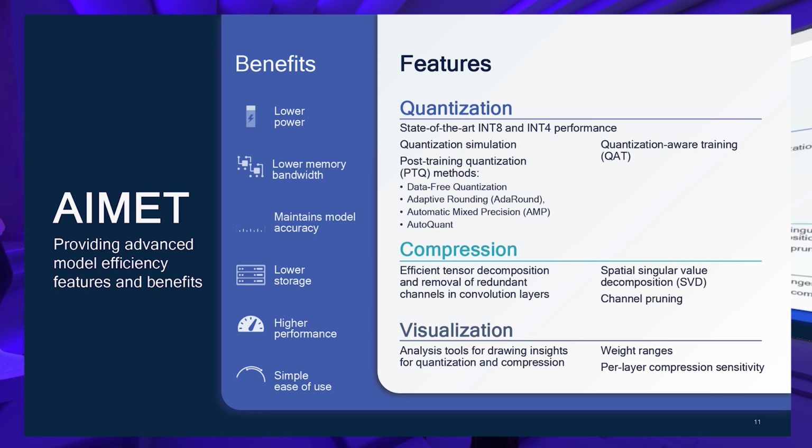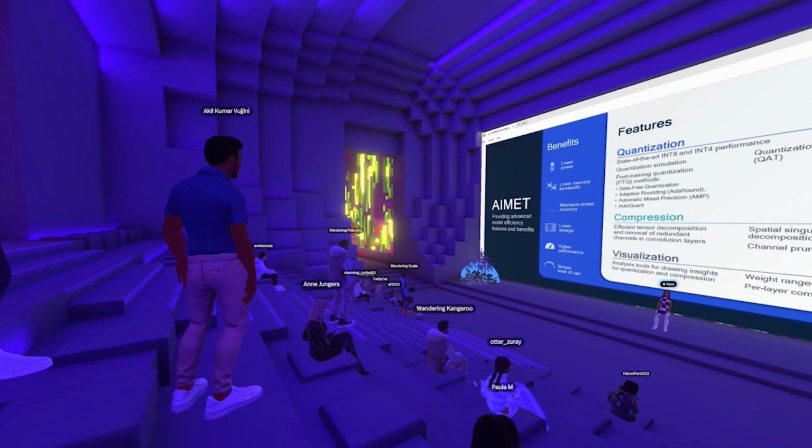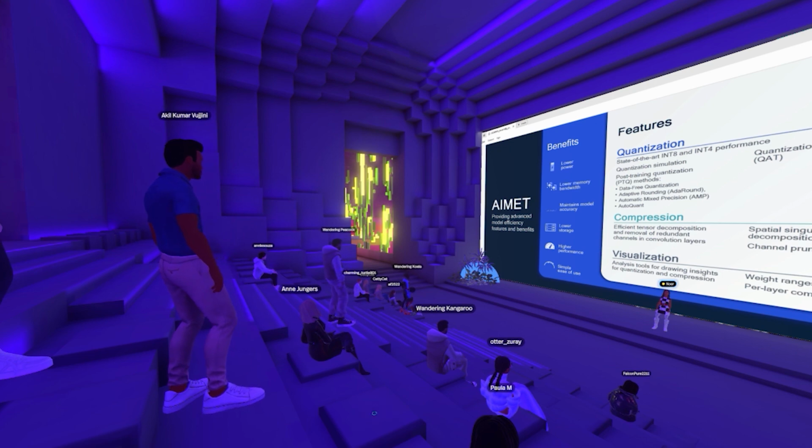You could consider compressing different layers at different compression ratios, and this setup also gives you visualization of these ideas. So it's a more wholesome way of quantizing and compressing your models,